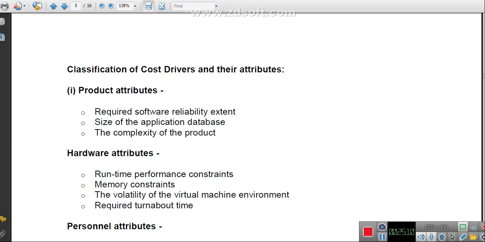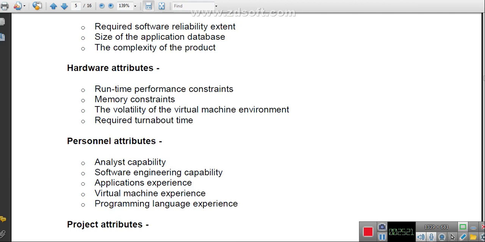Second one, hardware attribute. This particular hardware attribute also affects the cost of that particular project. So what are those hardware attributes? Runtime performance constraints, memory constraints, the volatility of the virtual machine environment, and the required turnaround time. So these are some of the attributes which will affect the cost of the particular